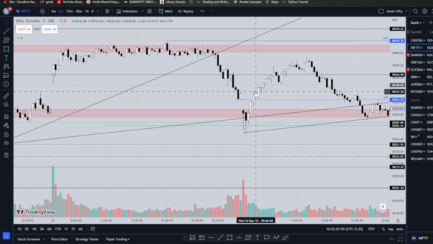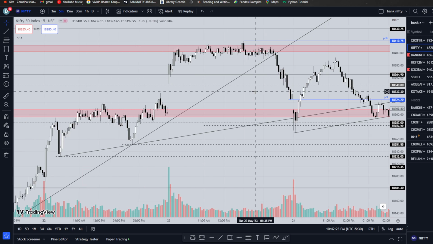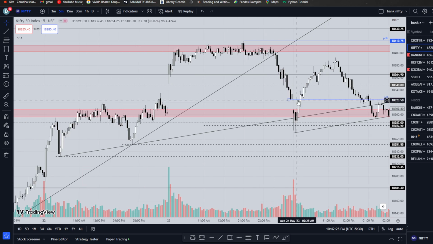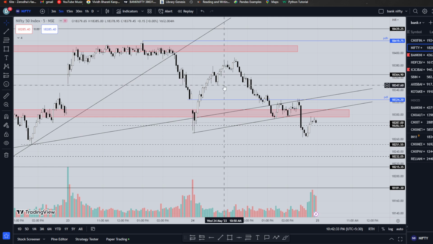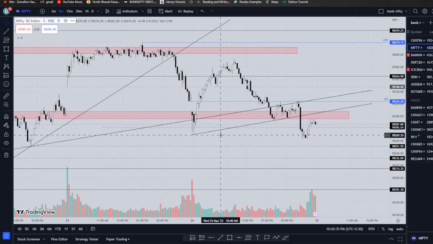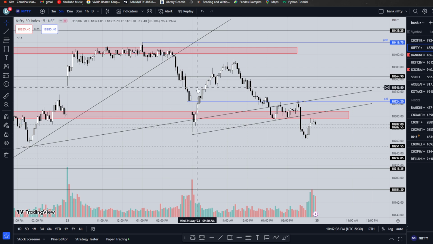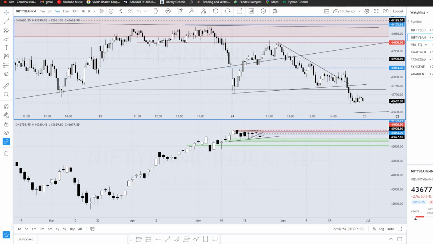I should have held for longer, but I was not very confident, because this is the previous day low, and this also happened to be the previous day close in this place. So I was afraid that it might reverse from here. You can see the volatility over here. Maybe this is a lesson for me that I should hold my trades for longer periods of time. Anyways,